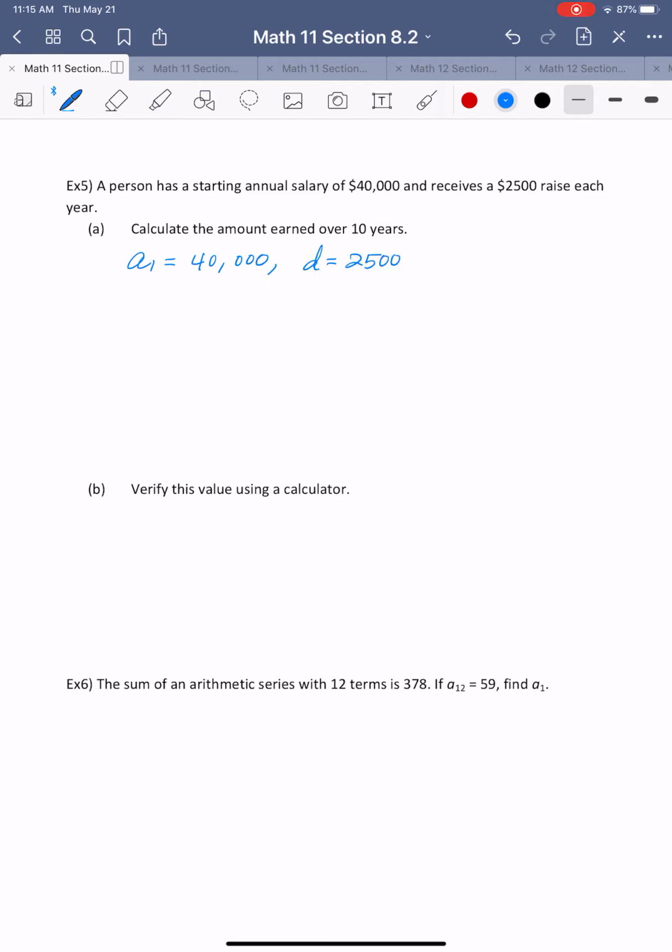So a sub n is a sub 1 plus n minus 1 times d, where a sub 1 is 40,000 and d is 2,500. We're looking for 10 years,